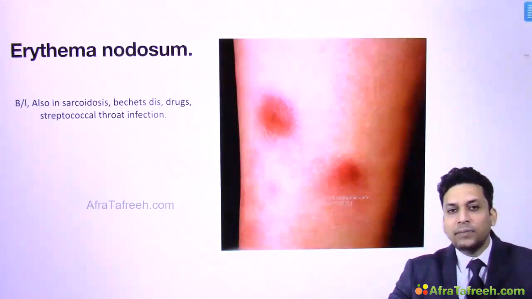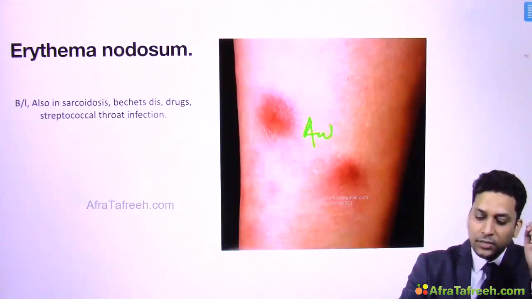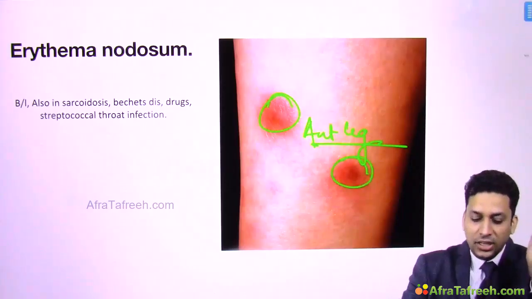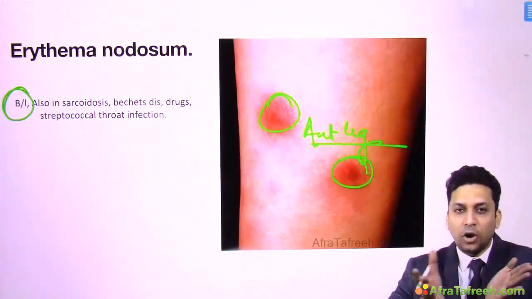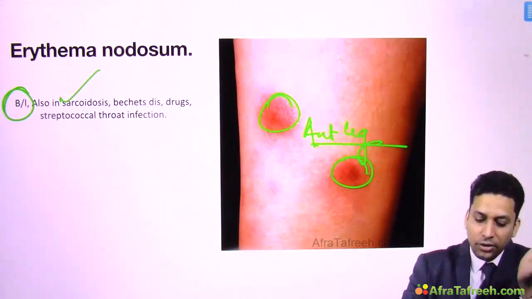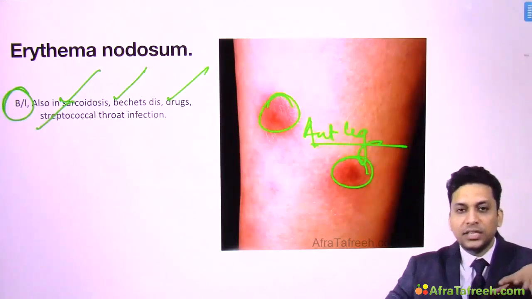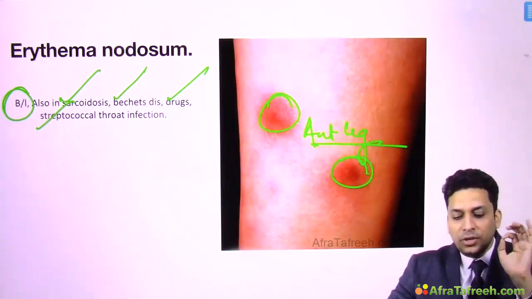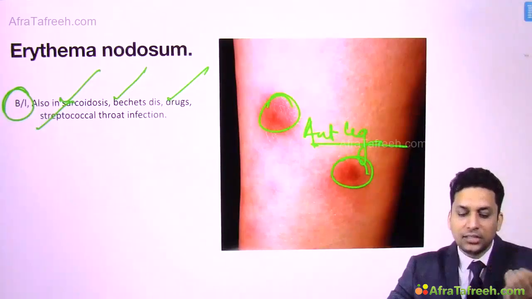Then erythema nodosum, I told you, erythema nodosum are erythematous nodules which are present over the anterior part of the leg, and you can see they have not ulcerated. They are generally bilateral, and they are also known as facultative tuberculate because there are so many causes. I already told you the causes, like sarcoidosis. Sometimes it can be seen in Behçet's disease, due to drugs, due to streptococcal infection. So due to these various causes, it can occur, but you need to differentiate it from erythema induratum. Induratum occurs over the posterior leg, this occurs over the anterior leg.